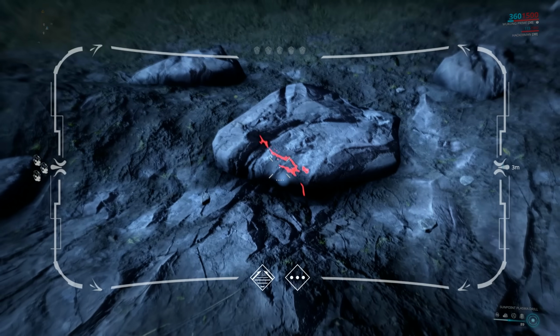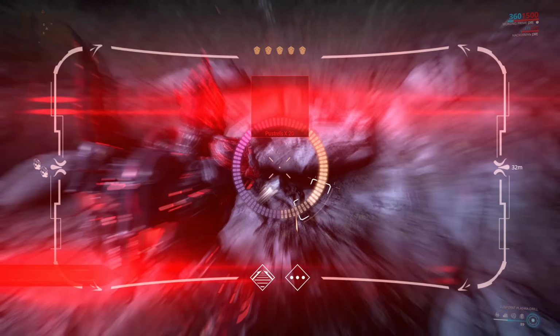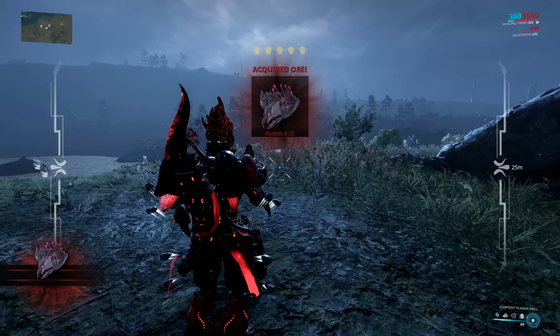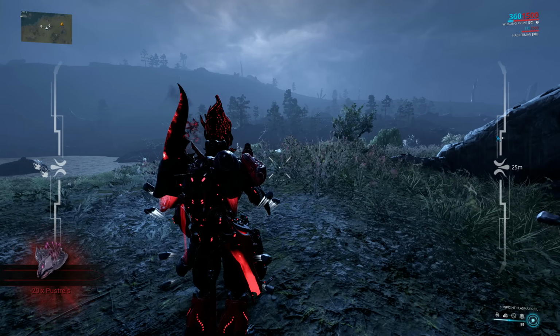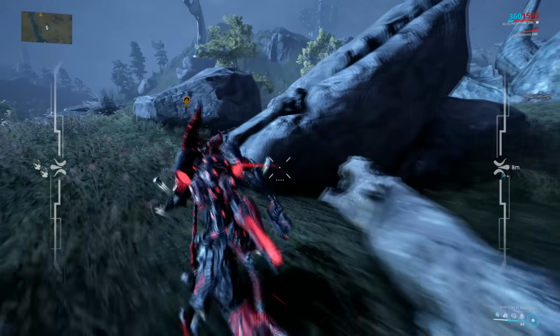Now, this is where the new resources come in, and you will have to gather these in order to finish building all the different Railjack parts. So the new resources are postrals, a rare ore that you can find in the plains of Eidolon. And since this is an ore, not a gem, you want to go for the red nodes, not the blue